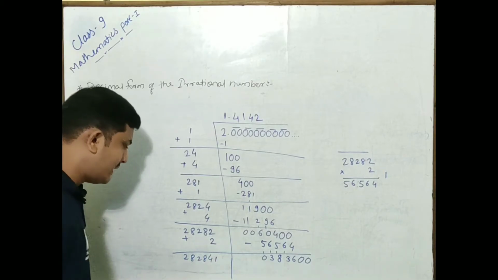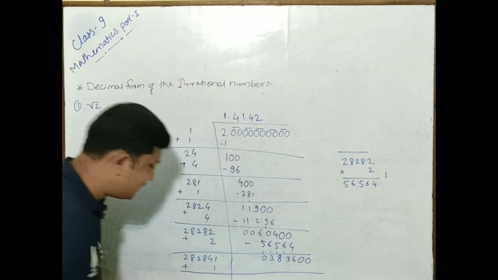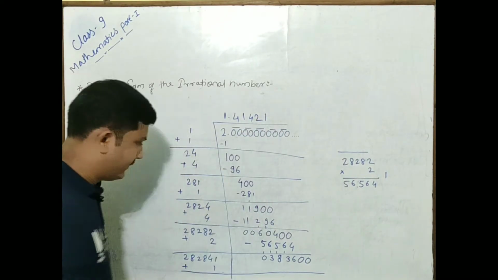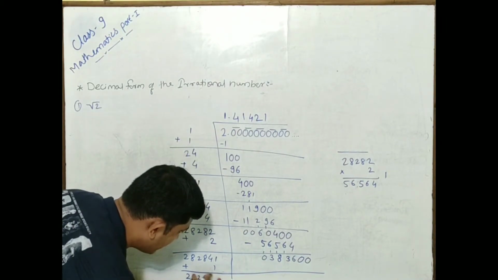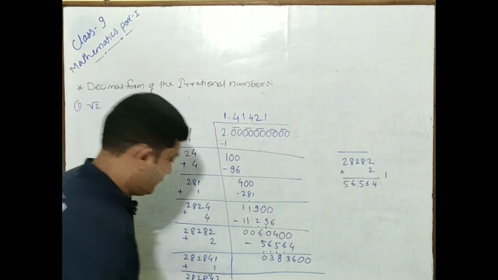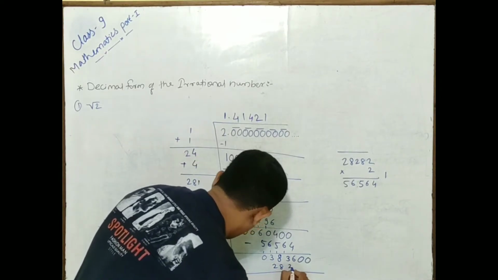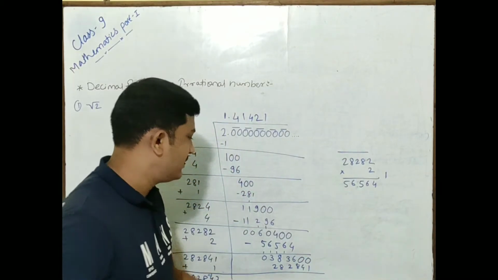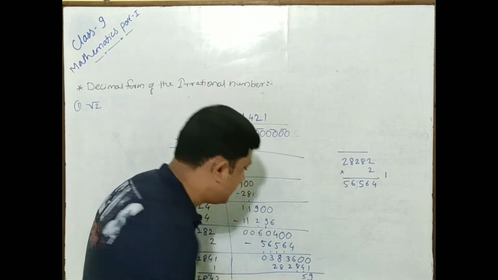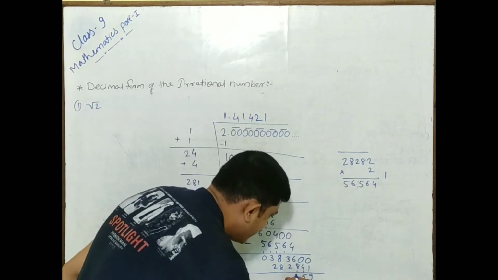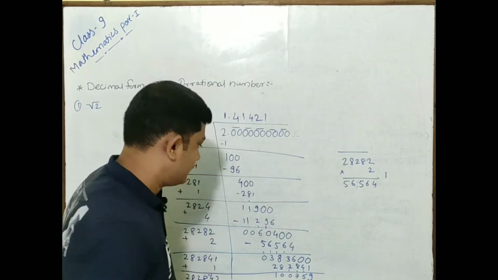If you multiply the given number by 1, what do we get here? Again 1 should be given at the 3 places, 1, 2 and here 3. It will be 282841. Again we do the subtraction. What do we get? 10 minus 1, 9. 10 minus 5, 5. 16 minus 9, it becomes 7. 0, 0 and here 1.